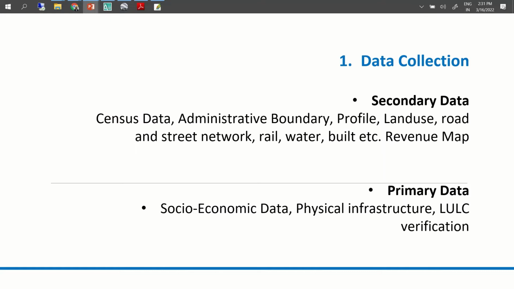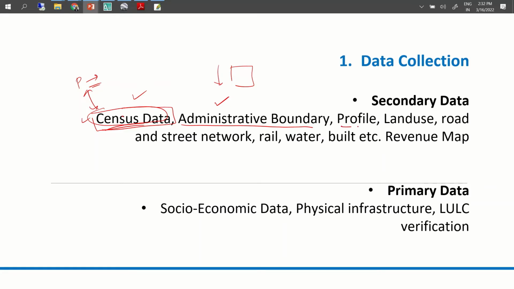To put it in a summary, census data will give an understanding of the population. We can use population projections, for example if you are working out what will happen over the next 10 years, or any other socioeconomic characteristics that you want to analyze, this data set will be useful. Administrative boundary is required. This will help in narrowing down to specific areas for specific interventions.